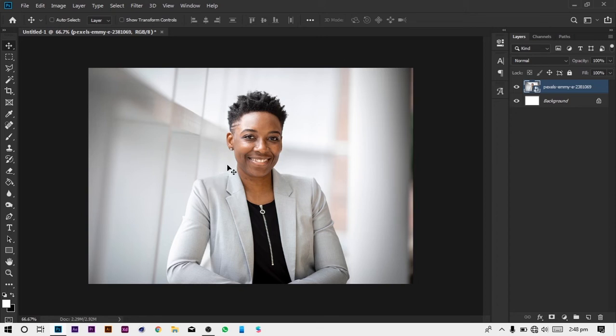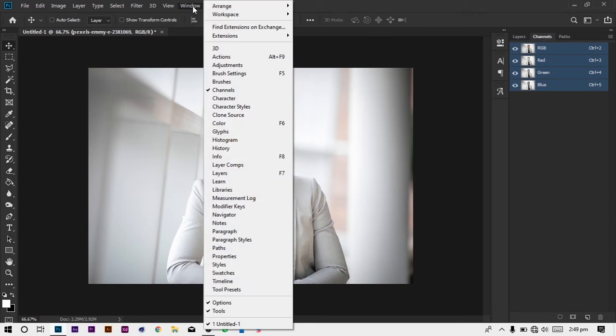So what we want to do next is head over to our color channels. On the right hand side next to layers, here is my channels, but in case you can't see this, head over to Window right here and make sure Channels is checked on.